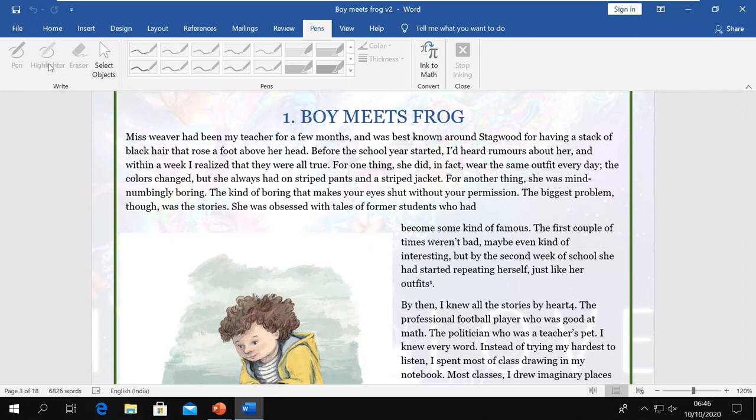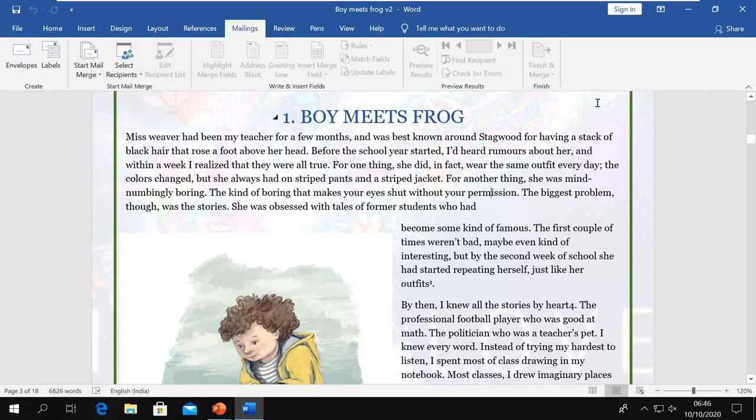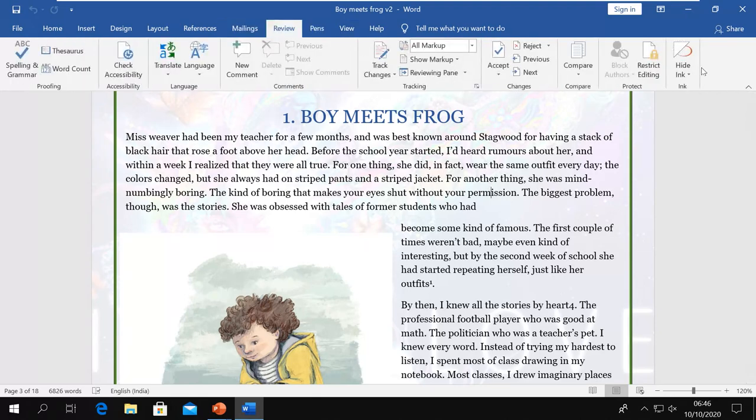Whatever you add with this, you can then use this command in the review tab to hide those inks. Whatever you add in the document, those inks, marks, highlighting and all that, you can hide with this command, show with this command, and even remove it.